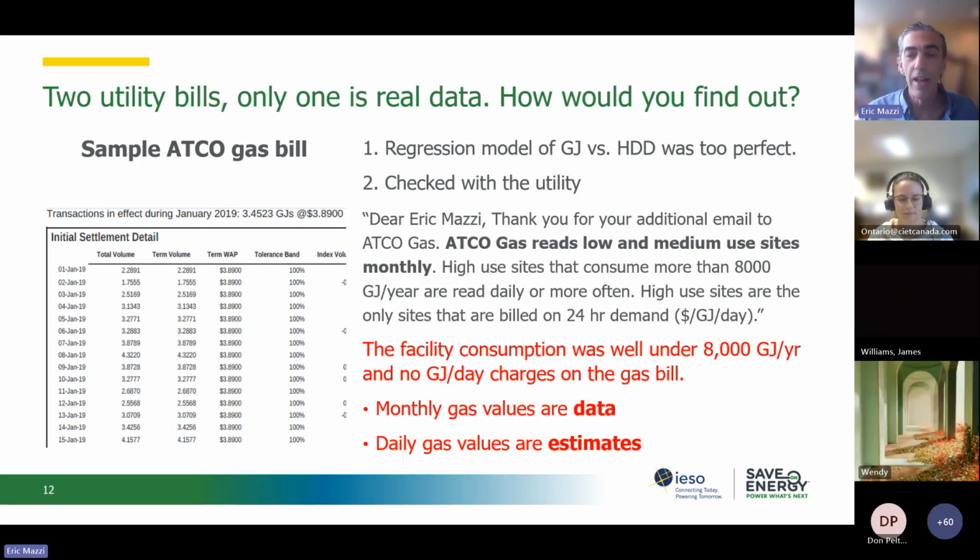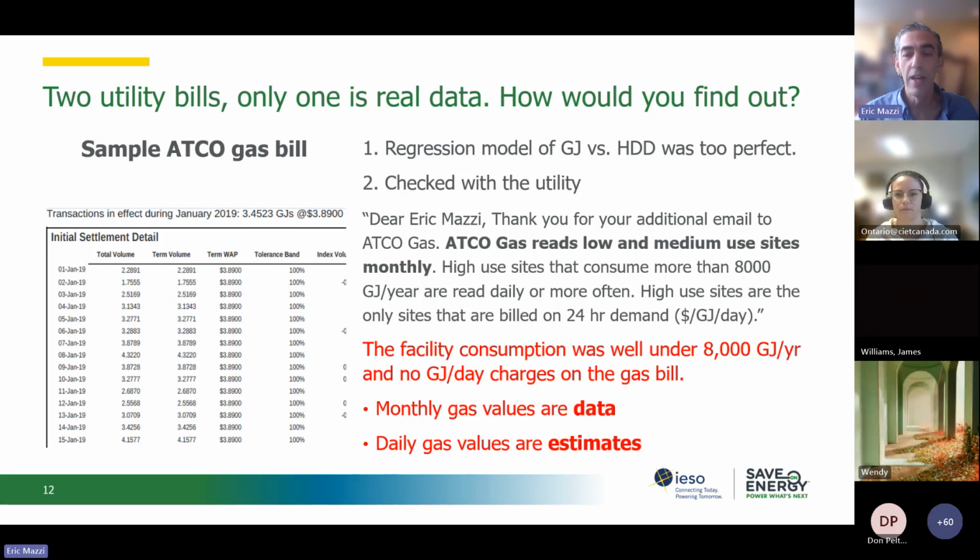And so I wrote to ATCO Gas, and this is the actual response I got. This is kind of practical advice if you're an M&V professional. One thing you can do is ask, where did these numbers come from? Well, let me contact that person, that organization, right? These numbers came from ATCO Gas. So they responded. They said, yeah, we read